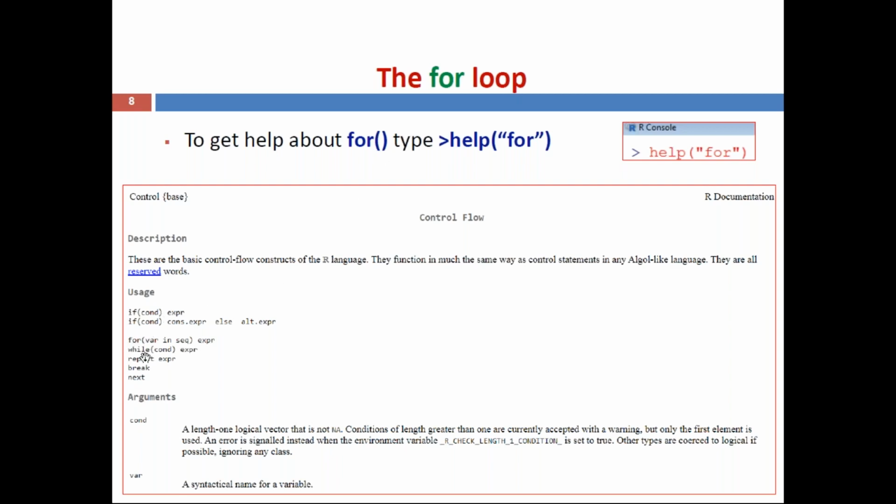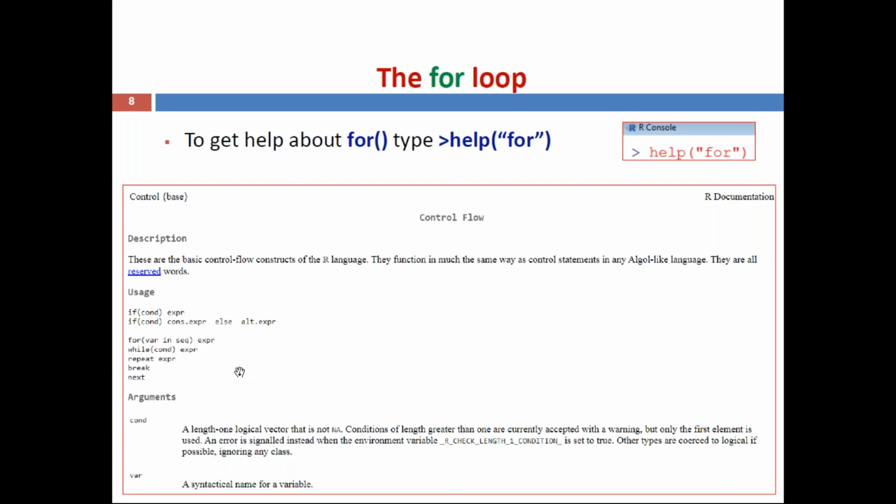If is there, for is there, while is there, repeat is there, break, next, etc. This is a common page where all the control structures are included. Now we are looking for for. Now you can see this is the syntax. For var, that is variable, in is fixed, sequence, that is the data, range or vector.